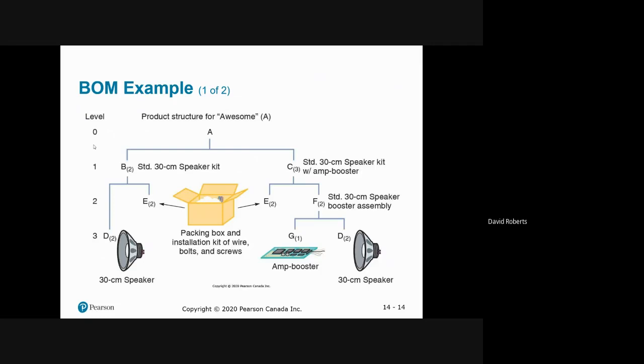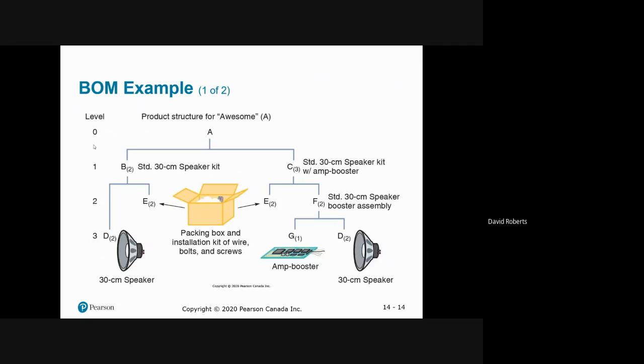Also, in this diagram, at low-level code 2, E is a child of B, and E is also a child of C. So it takes 2 E's to make 1 B, 2 E's to make 1 C, and 2 F's to make 1 C. At low-level code 3, D is a child of B, and D is a child of F. The reason it's dropped down to low-level code 3 is you want all the D's on the same line. You do not want some D's at level 2, 3, and 7,